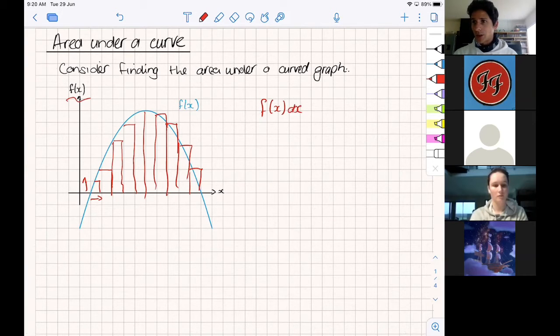I could make it 1, I could make it 0.5, I could make it 0.2, 0.3, right? Now, what I want you to imagine is I'm basically summing up all these heights. This is just height times width. I'm just adding up all these rectangles, and I would get something pretty close to the area under the curve,